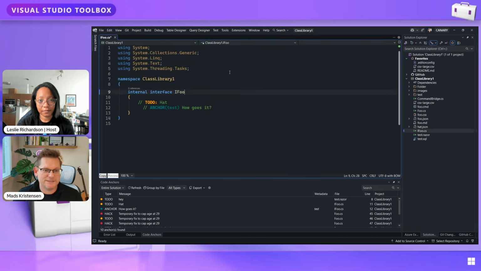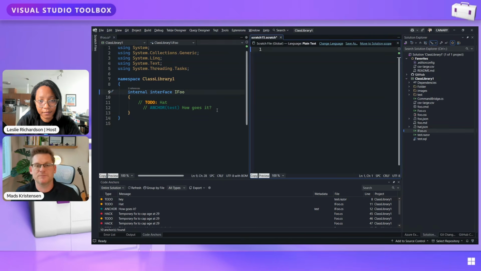So one nice thing is that you can also say, I want to have a file, I want to drop down some notes for this particular file. I have a C# file open here. Instead of hitting Control N, I can hit Control Alt N, and then it creates a new Scratch file, but it puts it right next to it. Right? Whoa. Isn't that cool? Yeah, and that's if you have an active file open. Yep. If you don't have any file open, it just opens it like Control N just did.